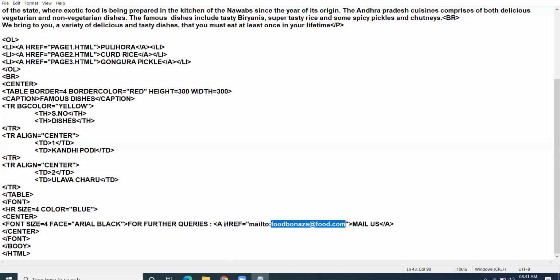Now, how to write mailto? This part is simple. You write like this. Start the anchor tag, href equals double quotes, mailto colon, write the email ID which is given to you and close the double quotes. See here carefully the command for the mailto.